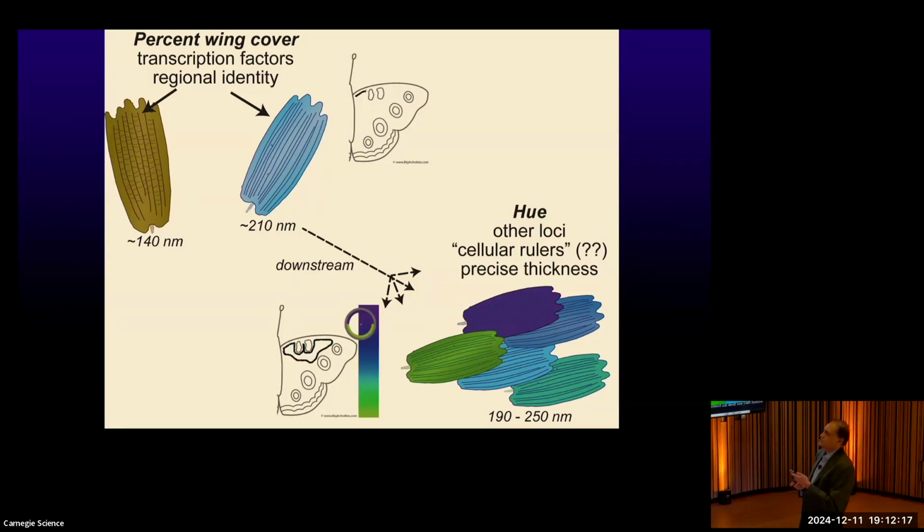Okay, so hopefully in this part of the talk, I've shown you that there seem to be about 2 genes that control this big switch in the thickness of the scale, the basic type of scale. But then there's probably 4 or 5 loci that can control very precisely that thickness. And that's what we're interested in most, because how do you actually manage that? So that's one of the things that we've been studying, this sort of structural color.